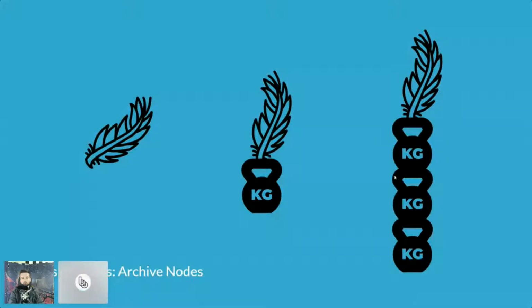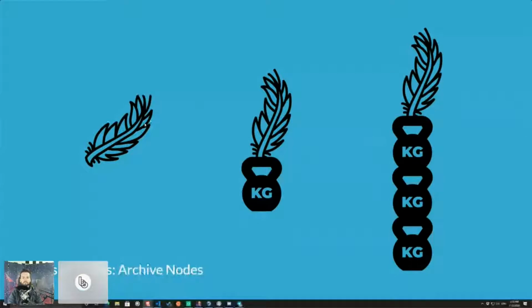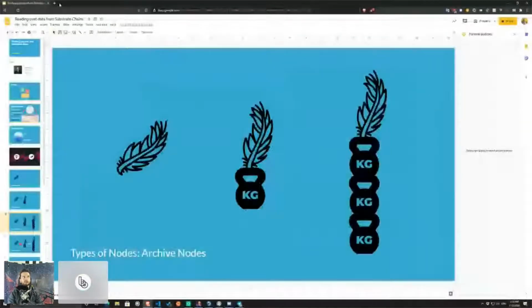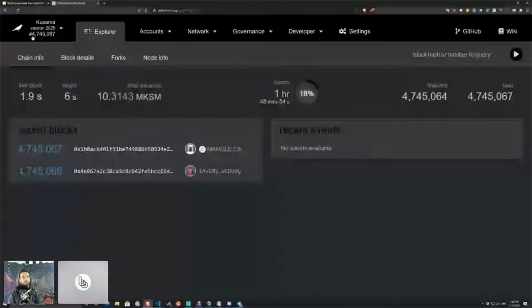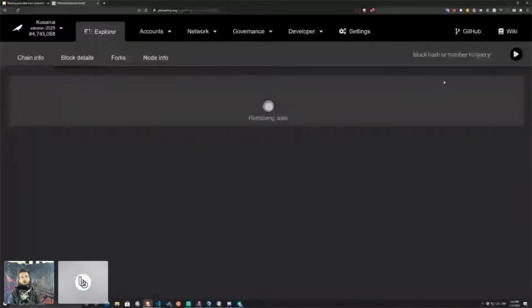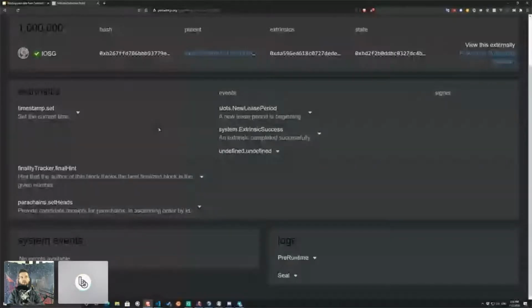If you look at past blocks in an explorer, like the one we just took a look at a little bit ago. Kusama is on block 4.7 million, but we can look at block 1 million, so that's 3 million blocks into the past, and we still have the information about that block. We still know what happened in that block. And this is because